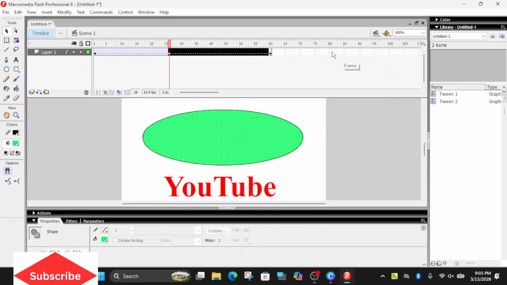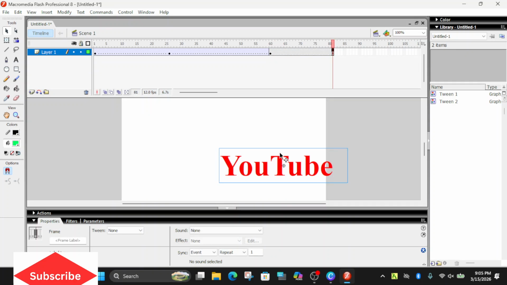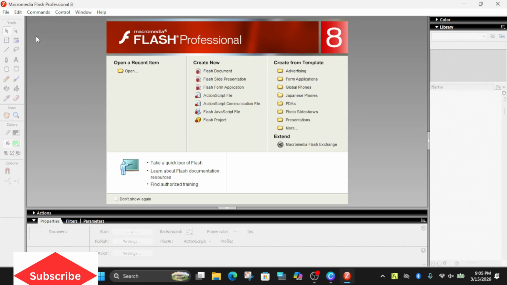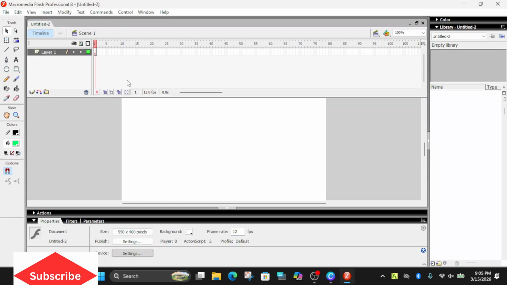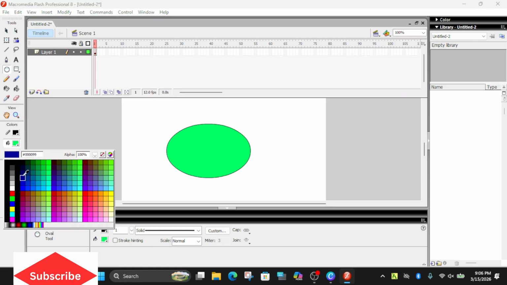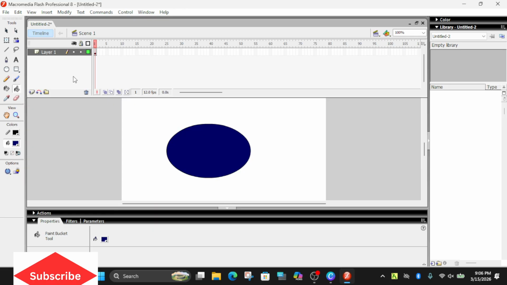Right click on any frame area. It's possible to create a shape, the graphics here, and fill color. Let me create a motion for this.